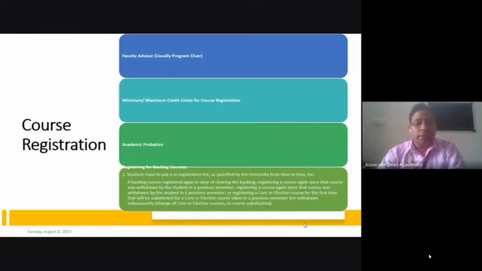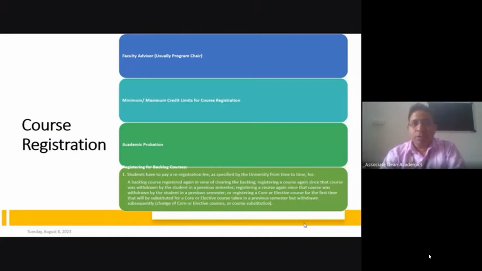Then course registration. During the course registration process, as I already discussed, courses will be planned before the course registration. The list of courses will be planned by the program chair and submitted to the academic office. Based on the list received from the program chair, the academic office will plan the course registration date and schedule for all the students, for all the programs.